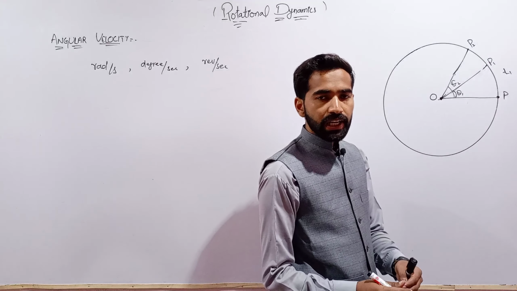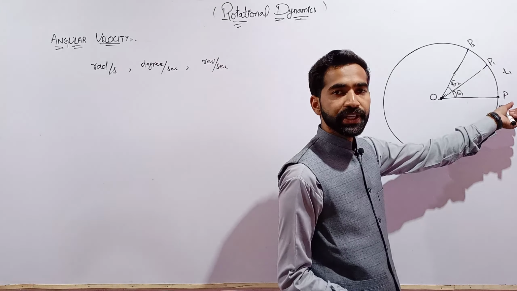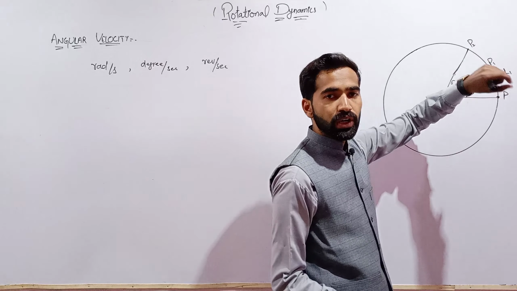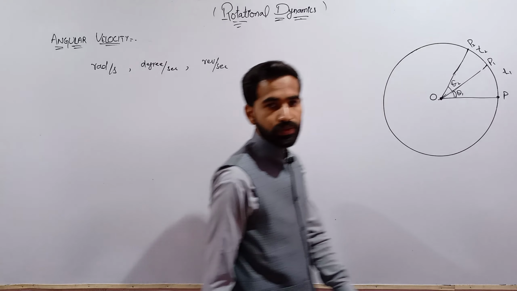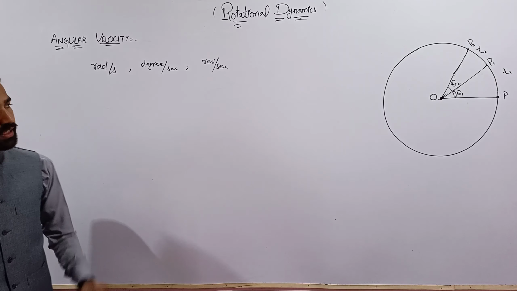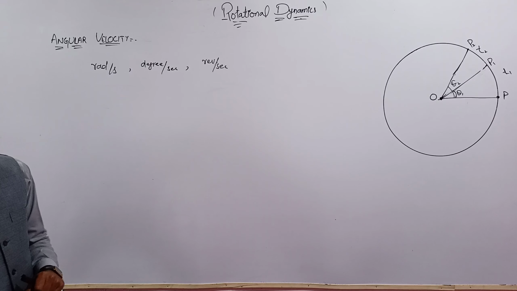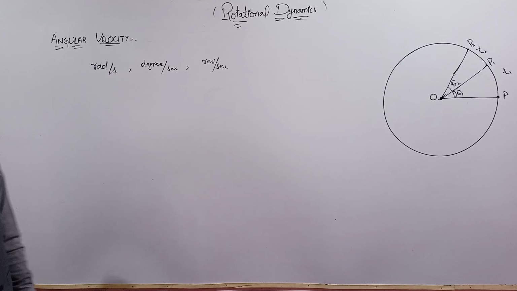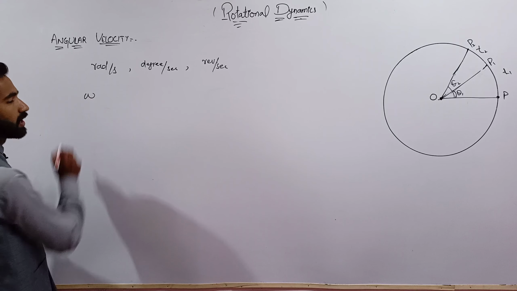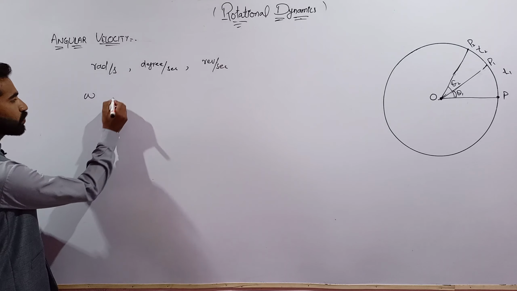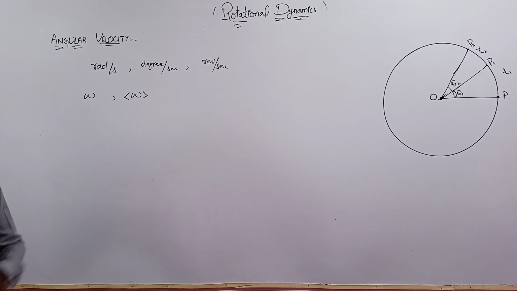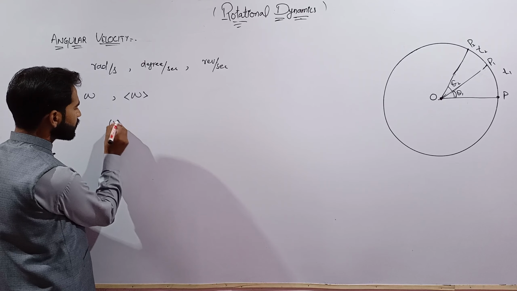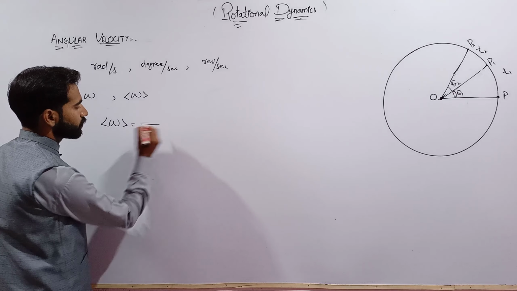The particle moving from point P to P2 takes time T2, so the angular velocity can be represented by omega, and the average angular velocity mathematically we can write as is equal to